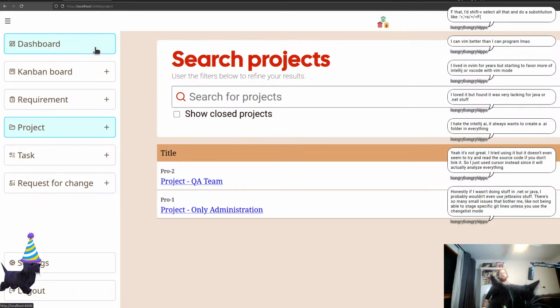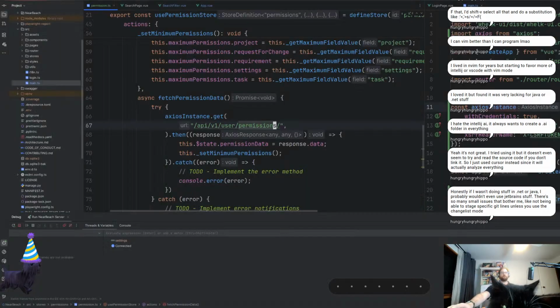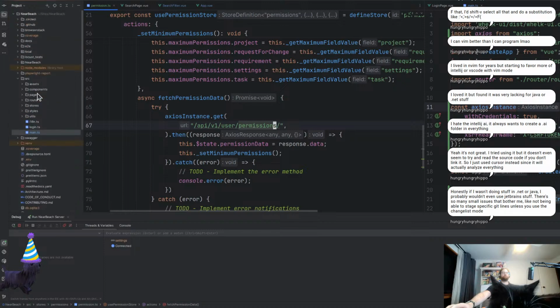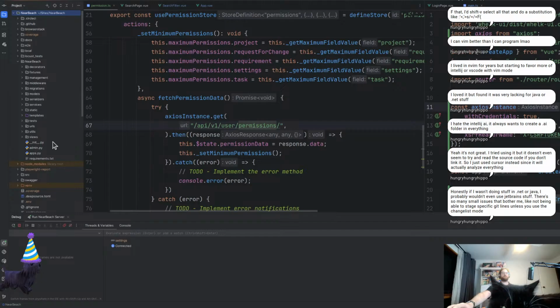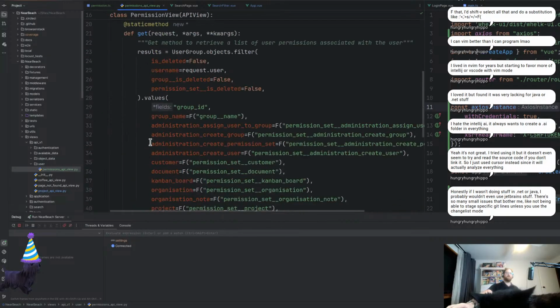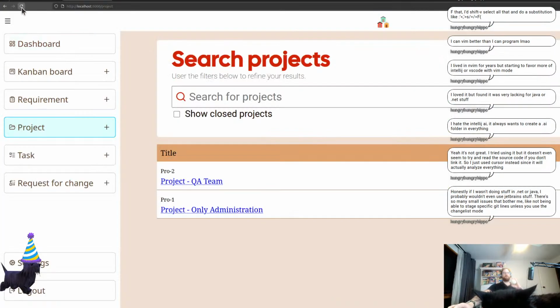I'm trying to think how I can... Tell you what I'll do. I am going to create a situation. Let's say someone is on a slow internet and it takes forever to get the permissions. So we want to go into the views, into the API, into the object, the user data permission sets, and I'm just going to put a breakpoint right there. Perfect. I'm going to hit refresh,